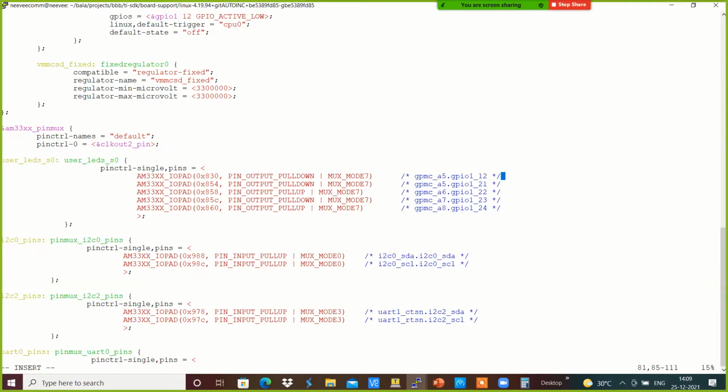Like that it comes to 854 for 21, 22, 23, 24. Like that we can add the pin configurations over here accordingly. Since ours is an LED, which should be down, I am going to add a pull up for the GPIO accordingly over here.